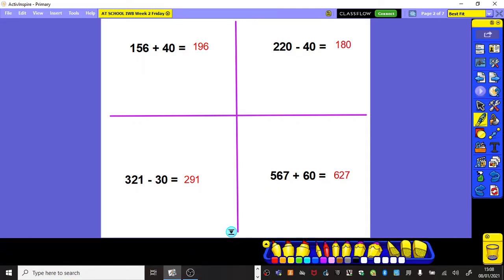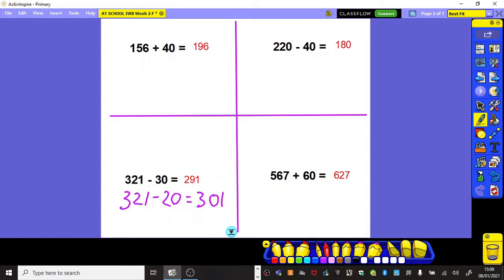Thinking about some of the strategies we've already used, if I was going to do 321 take away 30, then I would start in my head possibly by taking away the 20. That takes me to 301. I then can take 10 more to get me to